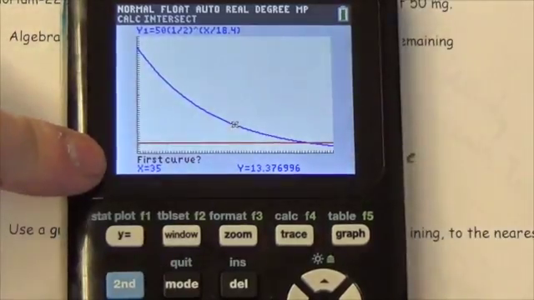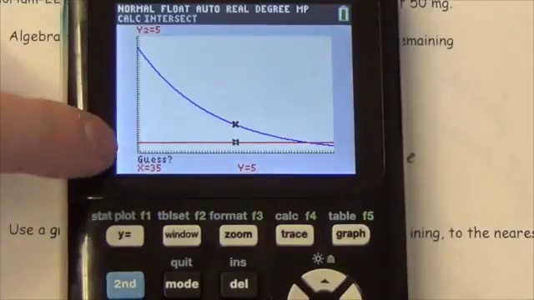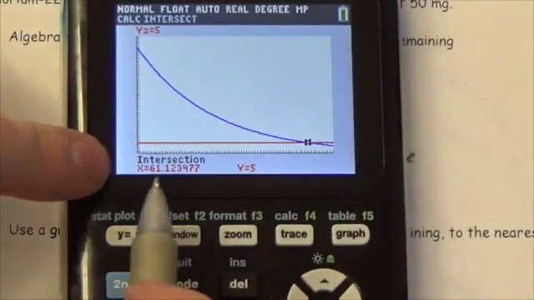Calculator asks, is that the first curve? Yep. Am I now in the second curve? Yep. It's going to guess this, and that's okay. Press enter. And it takes me to